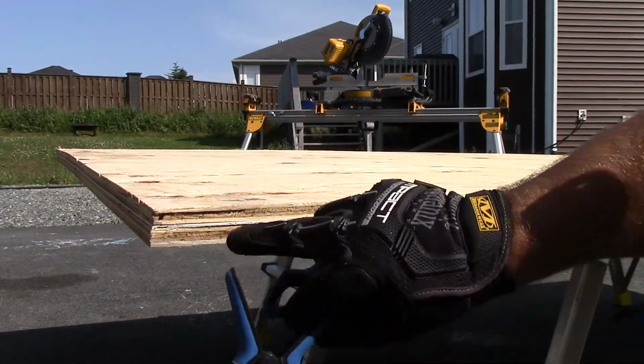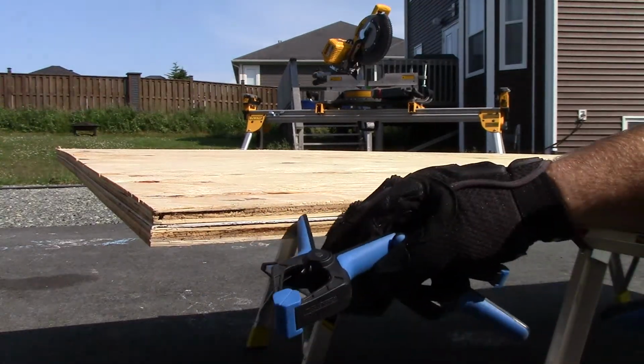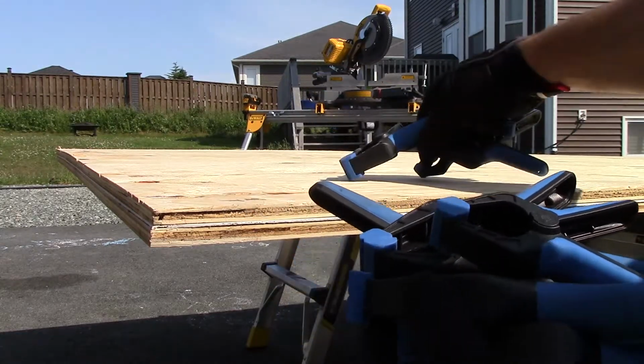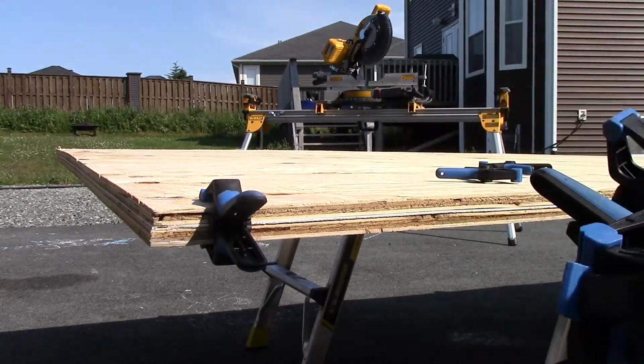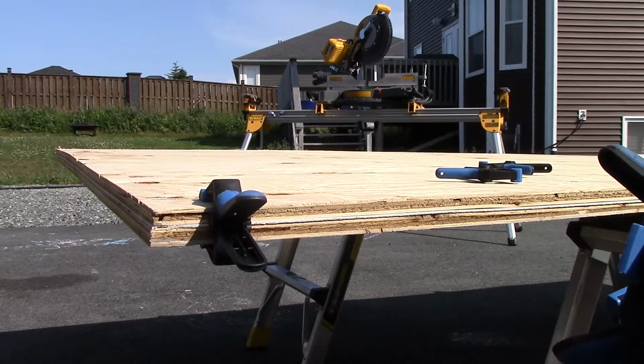Alrighty, so as you can see here, we got 2 pieces of plywood sandwiching the fiber board. Everything is lined up very nicely. So I got a good collection of clamps here now. I'm going to go around and get all the edges clamped like such, and we should have it good and secure to run the skill saw down the length of it once